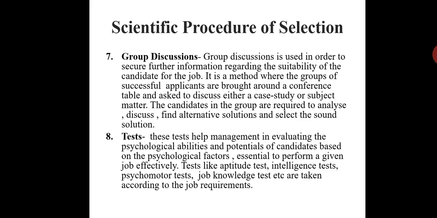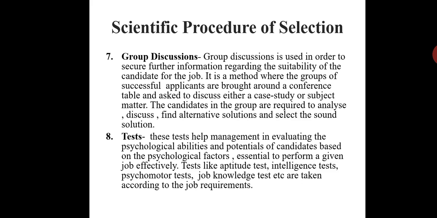Okay, there are many tests, like the aptitude test, which means what kind of knowledge that person has, how skillful he is in solving problems. Next is the intelligence test, how intelligent that person is, the IQ test, whatever that happens to be. Next, the psychomotor test. Psychomotor test means what? How your brain works, how fast your brain works, how knowledge is processed in your brain, how emotion is processed in your brain. That's the test. Then the job knowledge test, etc.